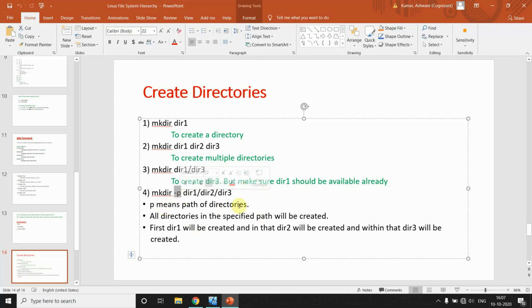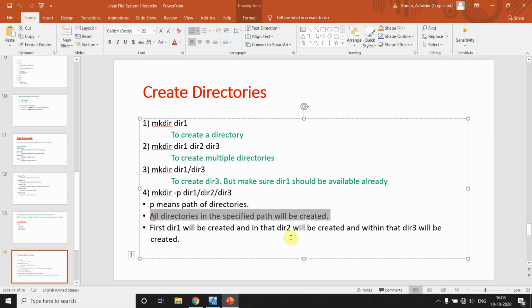What does p denote here? p means path of directories. Generally we are giving a path only, like I told you previously, dir, forward slash, and forward slash. So we are giving a path, saying I want to create one dir, inside that dir2, inside that dir3. All directories in the specified path will be created.